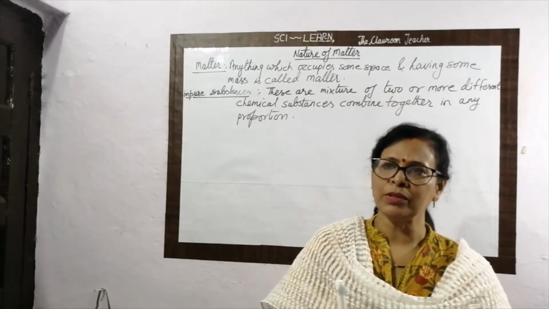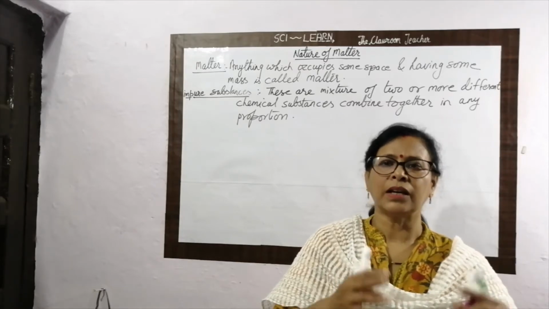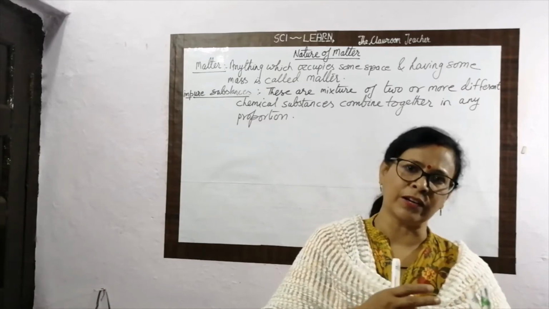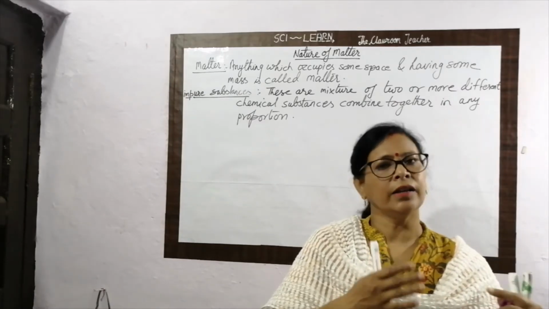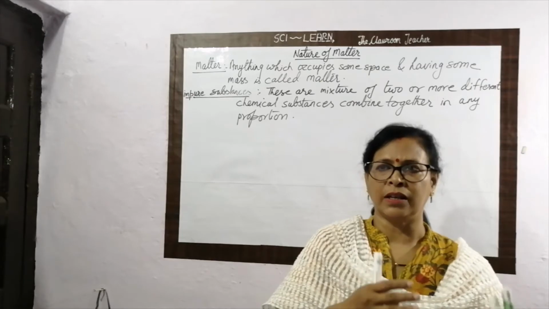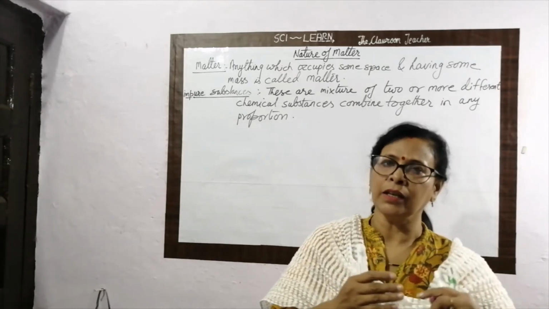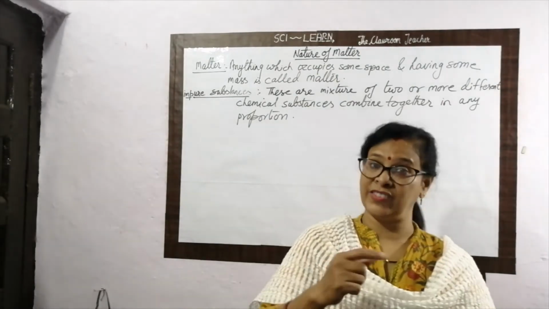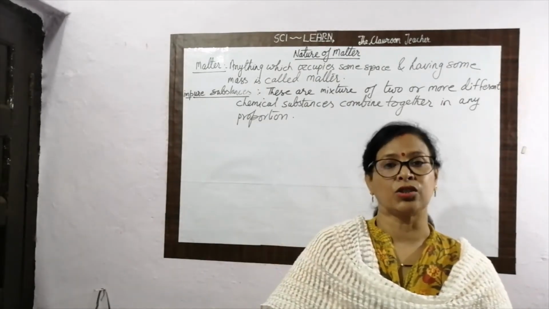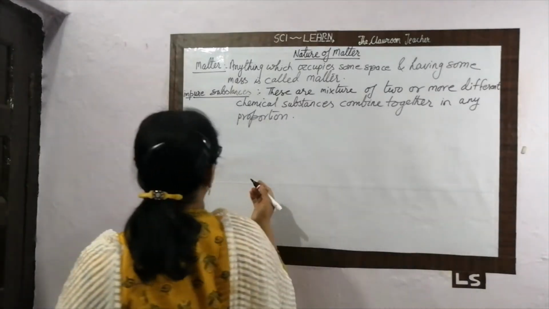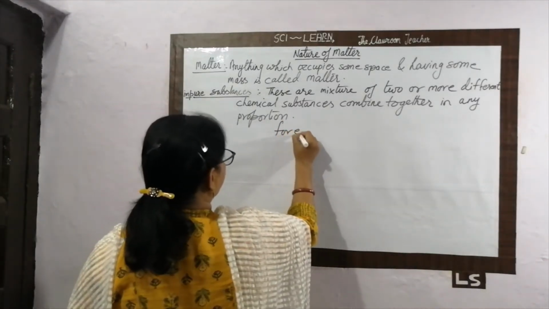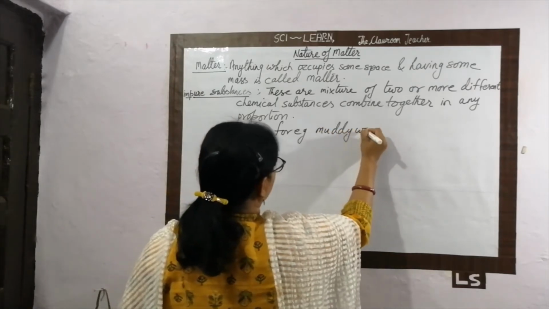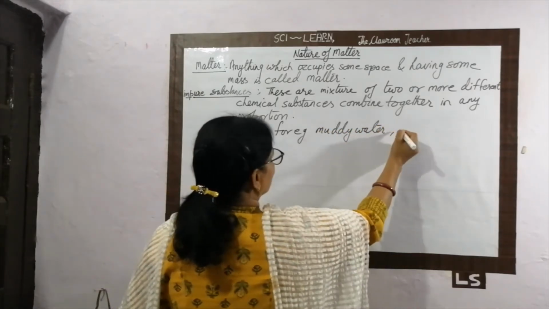It means that in an impure substance, the constituents are not fixed or defined, so it is called an impure substance. The constituent substances present in an impure substance retain their properties also. This is very important when you study mixtures, and we write it in the section on properties. Here we write only the examples. For example, muddy water or sugar solution.